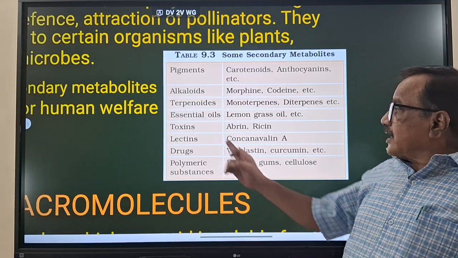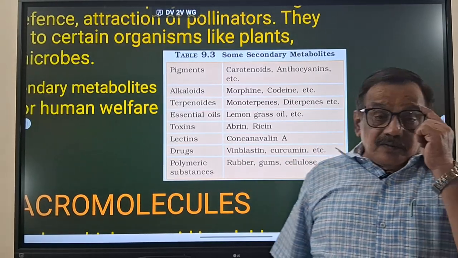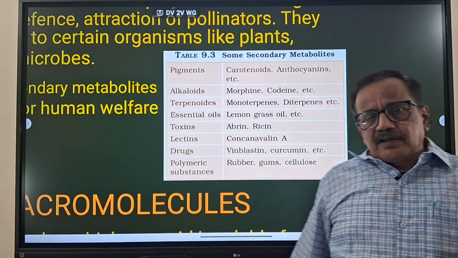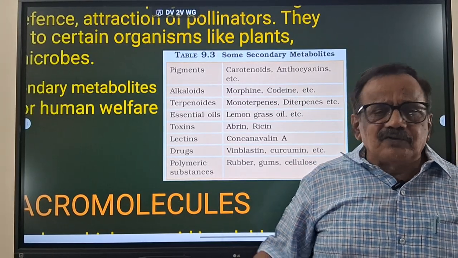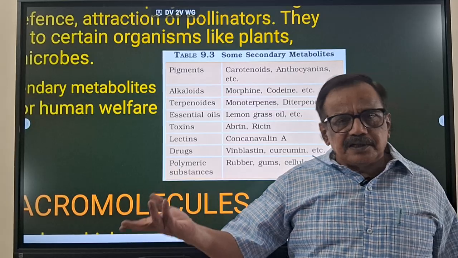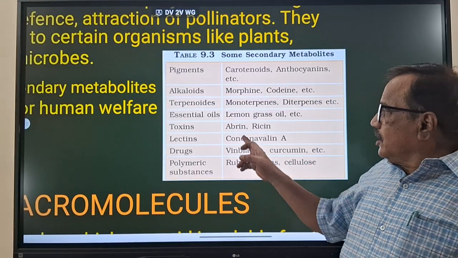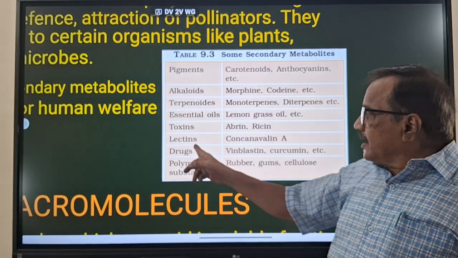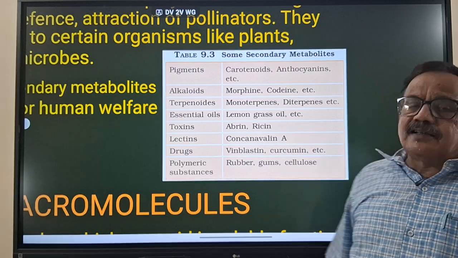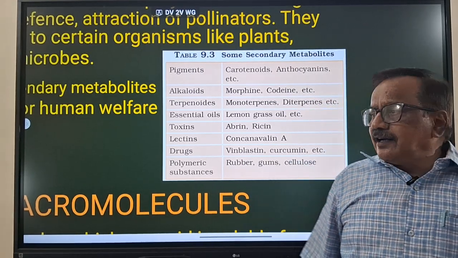Next, toxins, which will work as a toxin. Toxin means it is harmful, whatever is taken as food. Abrin and ricin. Lectins, concanavalin A. What is lectin? Lectin, it is